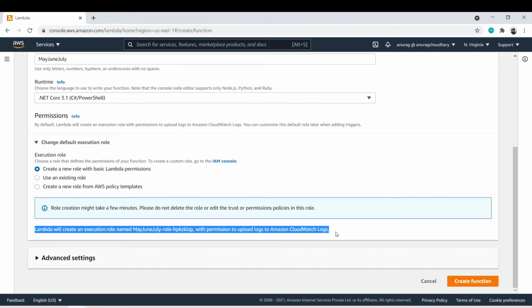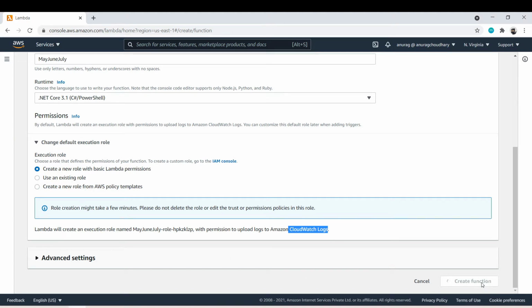If we do a Console.WriteLine in our code, or maybe if we are writing it in Python, if we say print, where does our print go? You can find it here in the CloudWatch logs. So it will create a log group for you by the name of the function, and there you can find whatever you are logging. For now, I'm keeping it like this only,